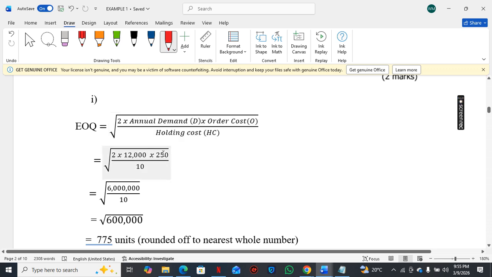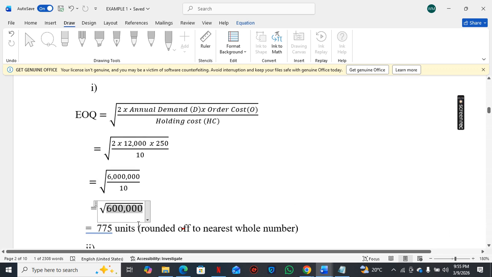Our order cost, 250 kwacha. Holding cost, 10 kwacha per unit. So just multiply 2 times 12,000 times 250, you get 6 million. 6 million divided by 10, 600,000. The square root of 600,000, rounded off, you get